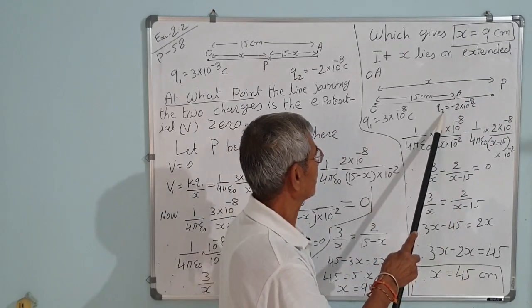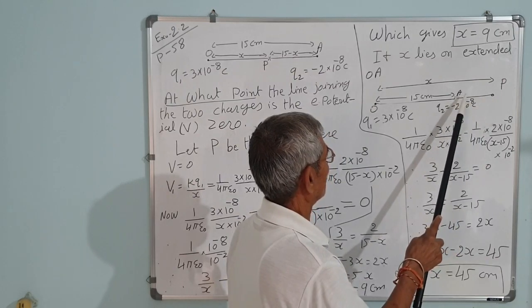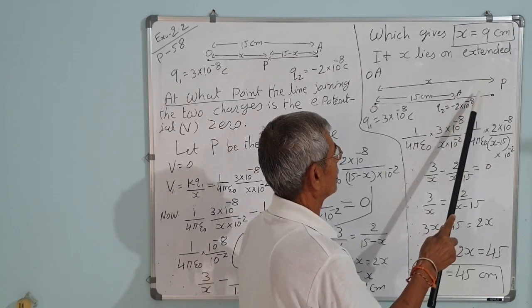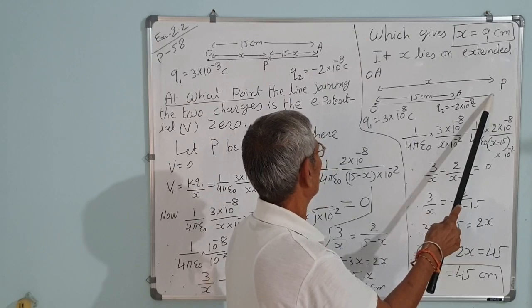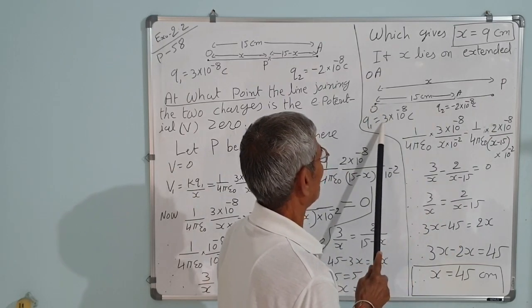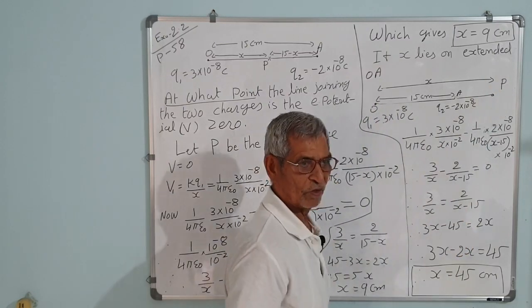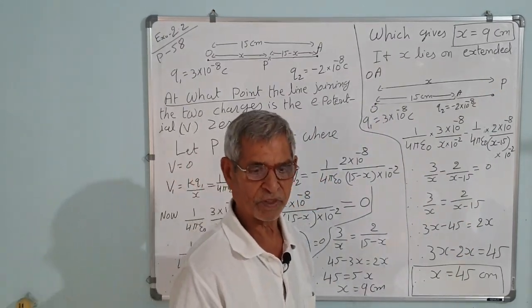You can see this is a minus charge and is nearer to the P. So, correct? The distance should be less for equalizing the potential. This is the charge, it is 1.5 times that of this charge. So, the distance will be more for the same potential to equalize the potential.